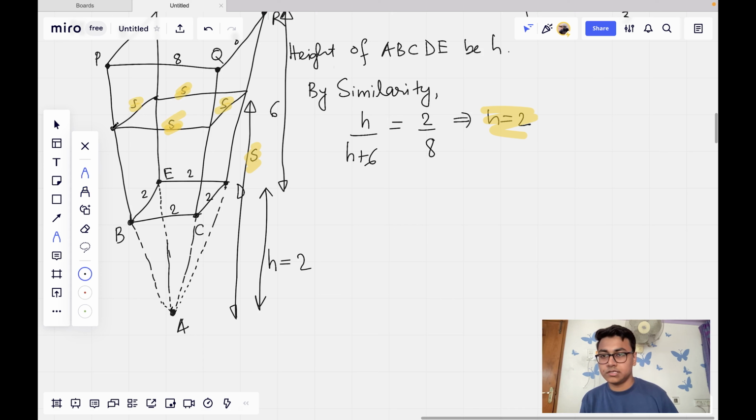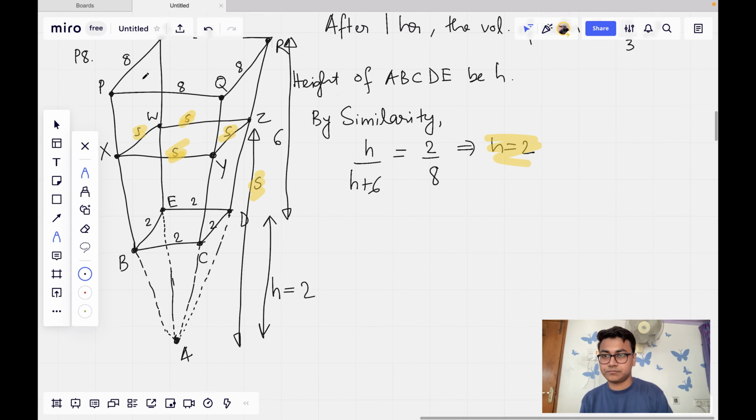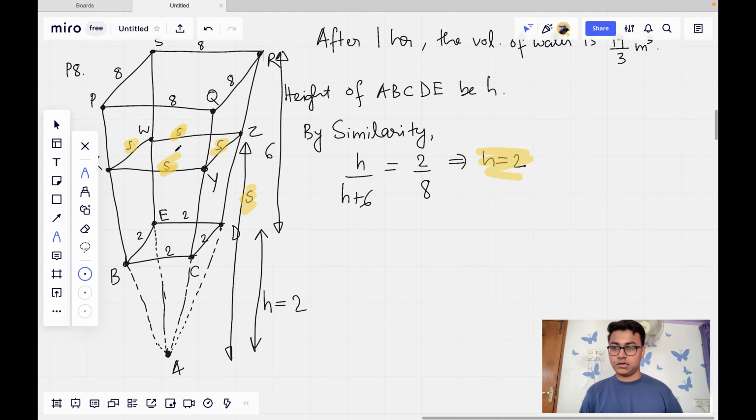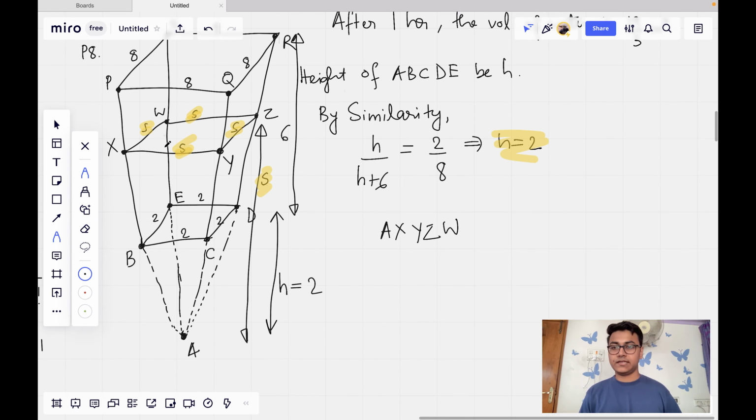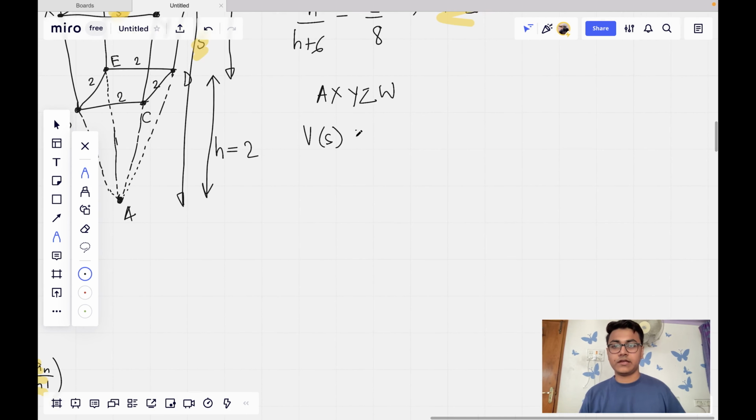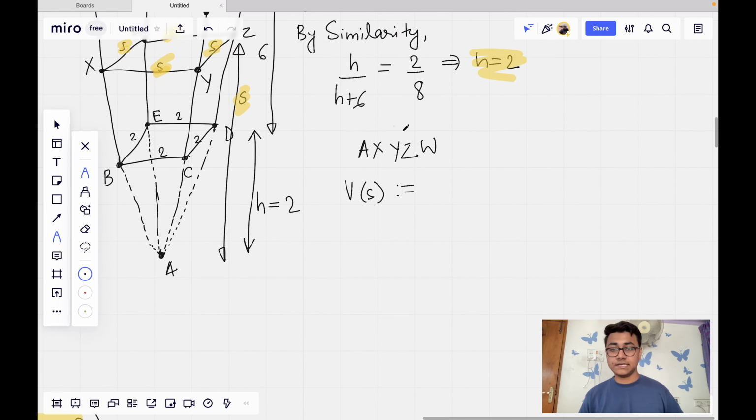Let's label these points as X, Y, Z, and W. We consider this pyramid now: A, X, Y, Z, W. The side length is S and the height is S. We already know that. We define Vs as the volume of the portion of the pond